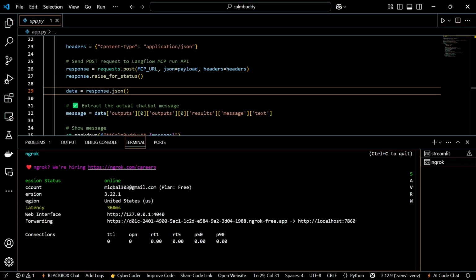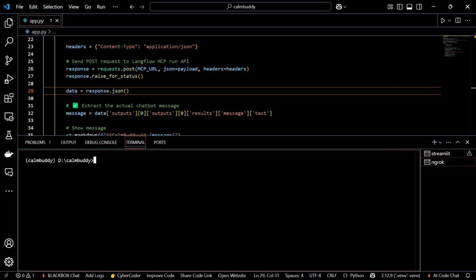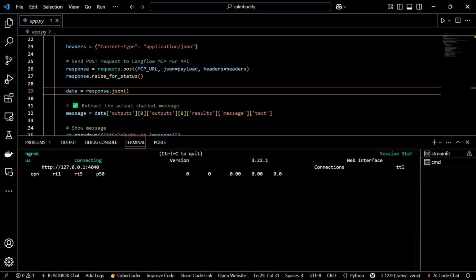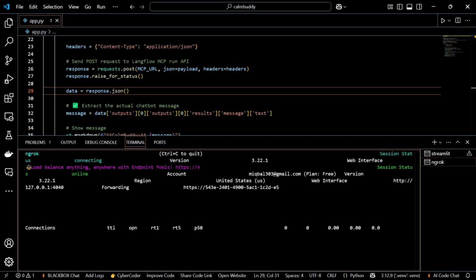Okay, so I gave the Langflow port, which is 7860. So it also opens your port in Langflow. So use ngrok.exe http 7860. So this is our path for the ngrok driver and the port number.